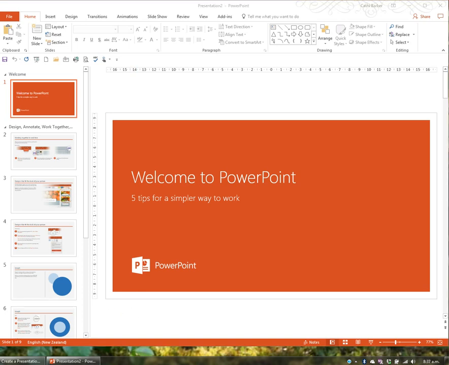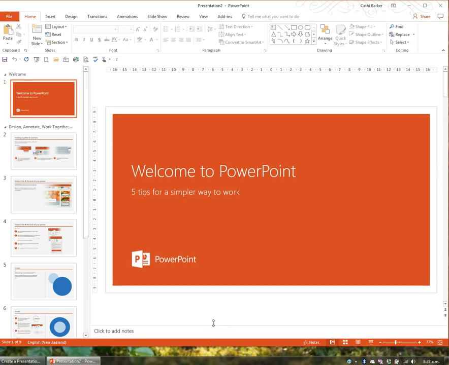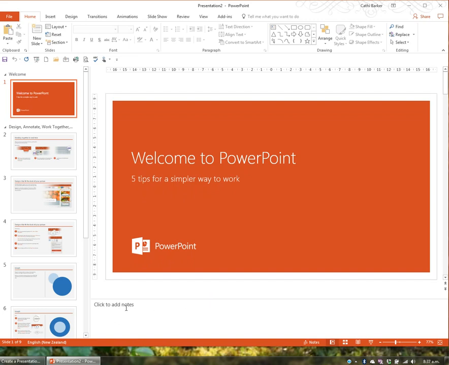Actually, I'll do it now. If you move your mouse down towards the bottom underneath the slide, your mouse will eventually change from the current white arrow to a two-headed white arrow. If you drag the two-headed white arrow mouse pointer up, you'll notice that you'll see an area called Click to